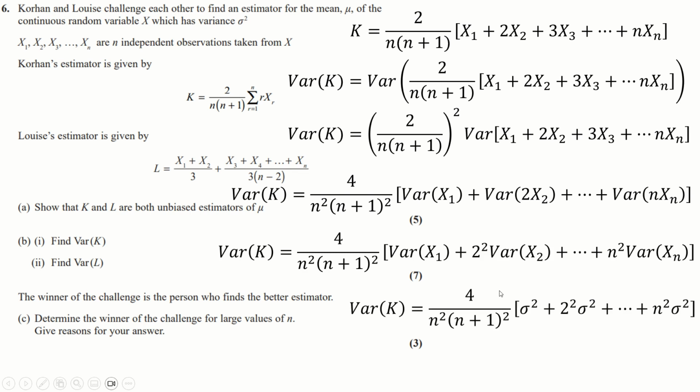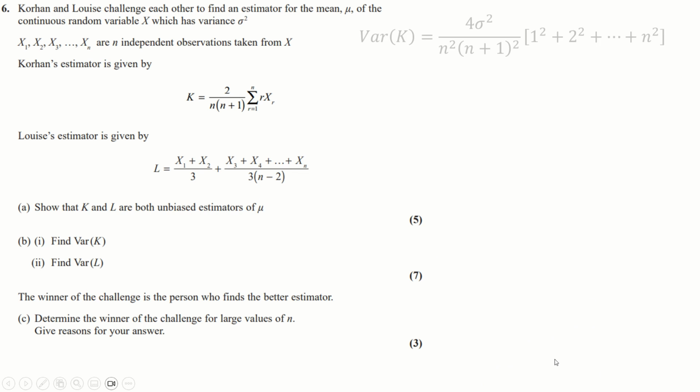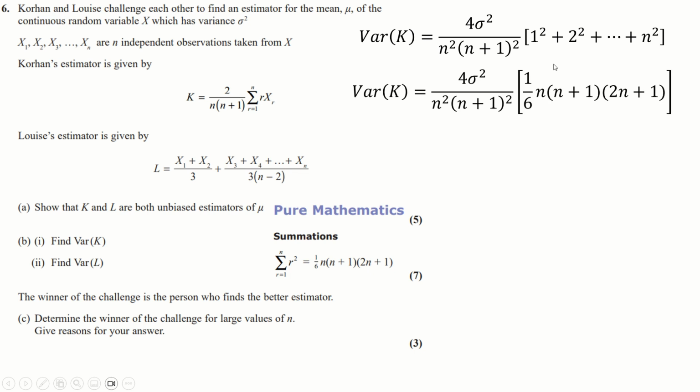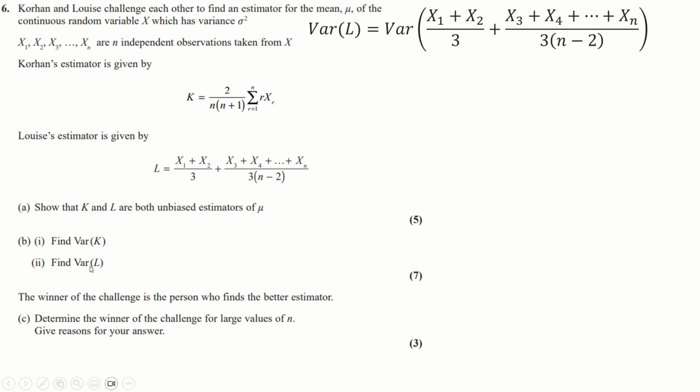We can factorize out the sigma squared to get this, and now we've just got a sum of squares to do. We can break out the formula book one more time here, and we'll find this from, I think, core pure. So we find it in the formula book. We can replace that with this here. It goes up to n, so it's just this formula right here. Some stuff cancels here. This goes to a 2/3, I guess, and we end up with this, and that'll be the variance of k. So we'll park that for a second, and we'll work out the variance of L,